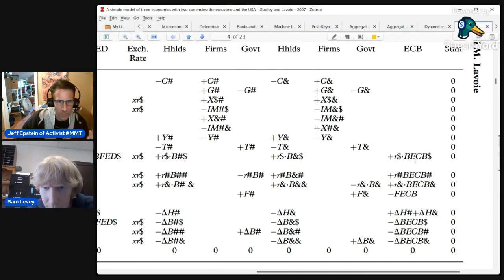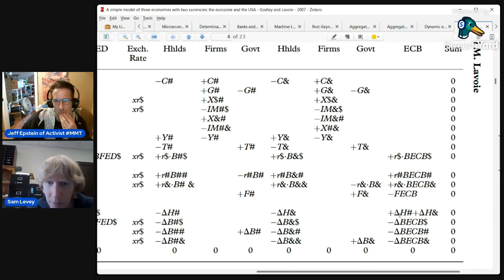So the ECB is both countries as a whole. Yeah, exactly. And so they seem to pay their profits to both country governments. So here's minus F ECB. This is the ECB paying its profits to the government in each country. And then each of the governments issues bills and pays interest on them. So the ECB receives some of that and also receives interest. The ECB can hold bills issued by the US government and receive some interest on that. So that's this entry here.